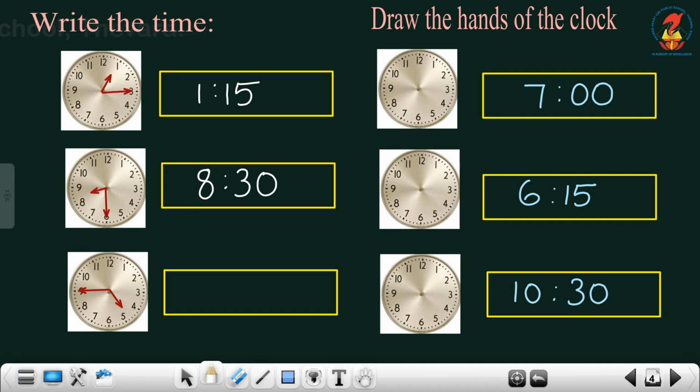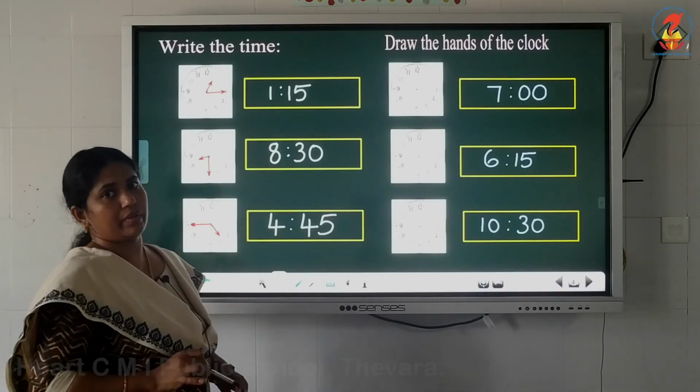Okay. Now look here. Our hour hand is close to 5, almost 5. But our minute hand is on 45 minutes. It is on 9. So the minute is 45. So how we will write the time children? 4:45. Don't make a mistake. It is close to 5, not 5. But close to 5, that means only quarter to 5. The time is 4:45. Okay.